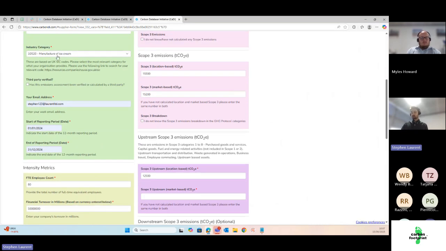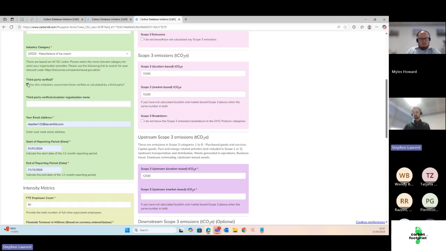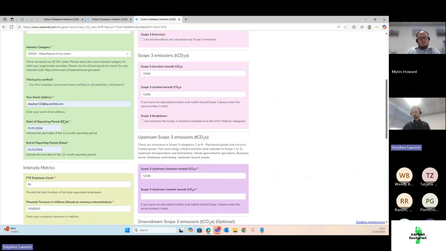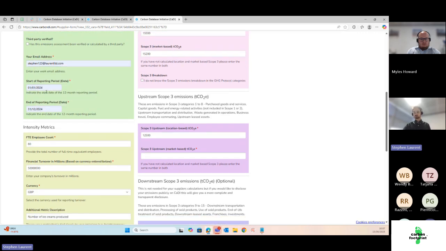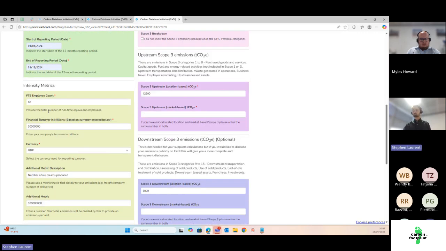Once you've filled out that, you can select the option if it's been verified by a third party, and it gives you the option to put that verifier name in there. So it may well be that we've verified it, so you can put carbon footprint in there. And there will also be a chance in a minute to upload evidence files, so we can see that report, or you can from your suppliers. So it just needs some contact details and the reporting period in here, very simple information, before moving on down